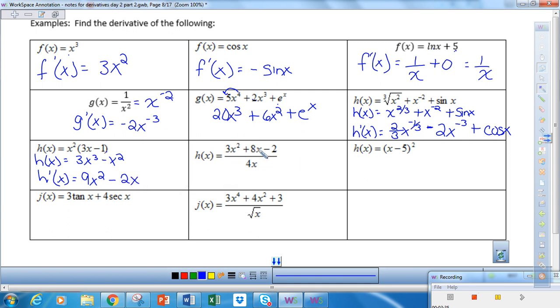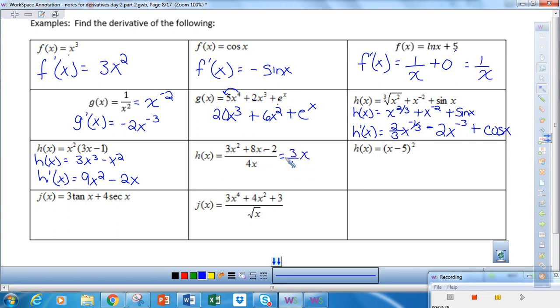Okay? Again, for this one, the temptation is to find the derivative of the top, find the derivative of the bottom, and just divide. But again, we can't do that. We have to use the quotient rule, which we don't know yet. And since we don't know the quotient rule, we can simplify this. So simplifying this, I get 3/4